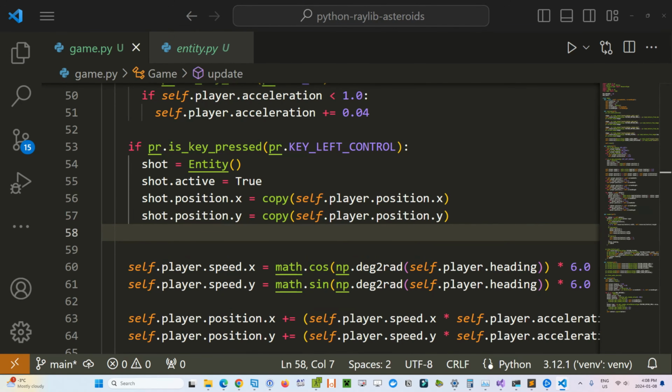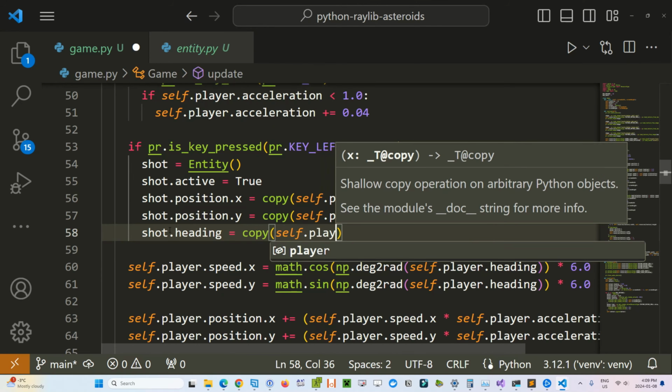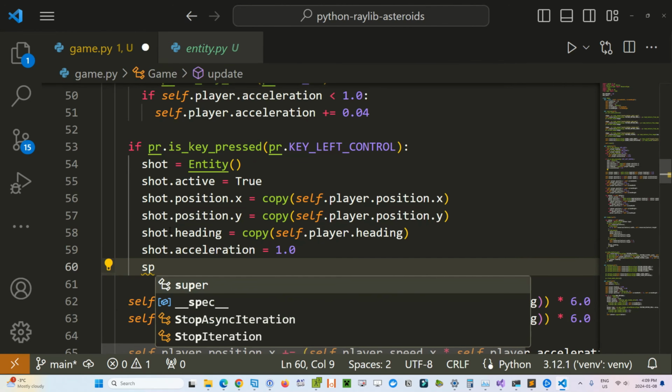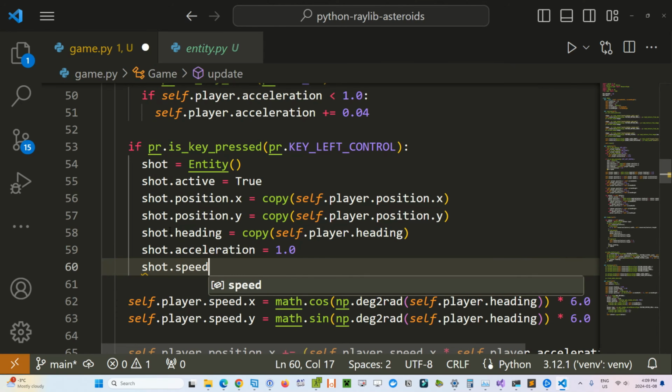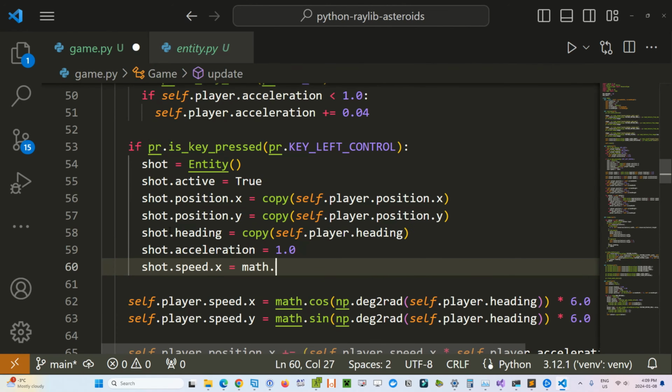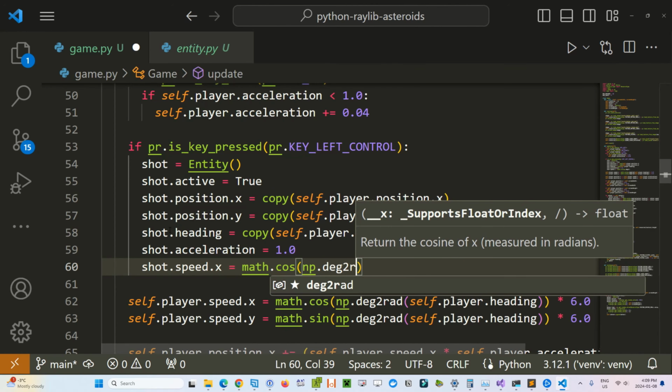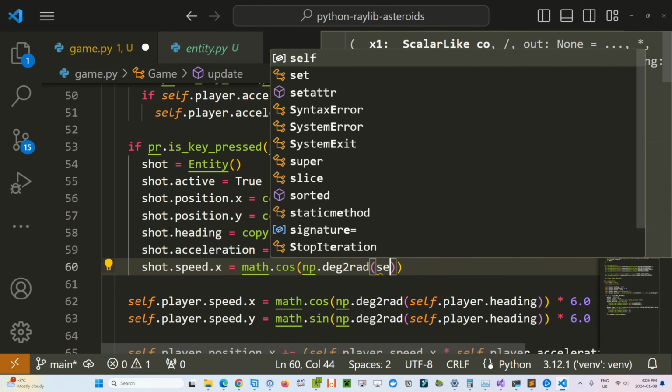Okay, and then we also want to copy the player heading. So shot.heading equals copy self.player.heading. And then we want to set our acceleration to 1. And then we want to calculate our speed. So shot.speed.x equals math cosine of numpy degrees to radians, and then self.heading,